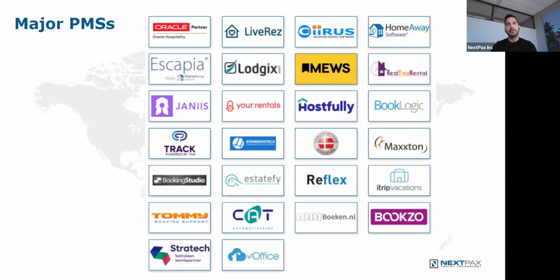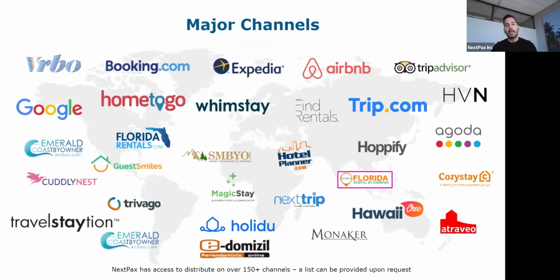PMSs will be able to connect to us, by the way, very soon, in case you're a PMS, via our new supply API. This supply API will allow you as a property management system to connect to us and then provide these extra sales channels to your property managers. And when we talk about the sales channels, we have a distribution API. So if you are a sales channel, an OTA, major or niche, feel free to reach out to us. We will give you access to our API, and then you will be able to connect to us easily in a couple of weeks.